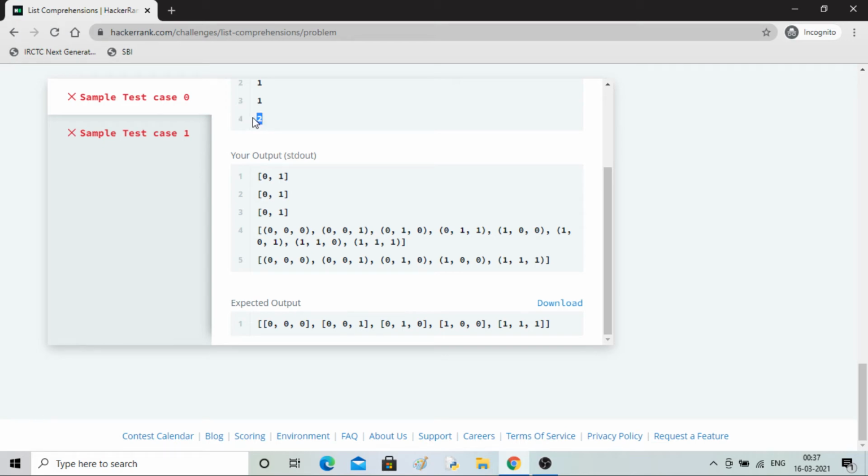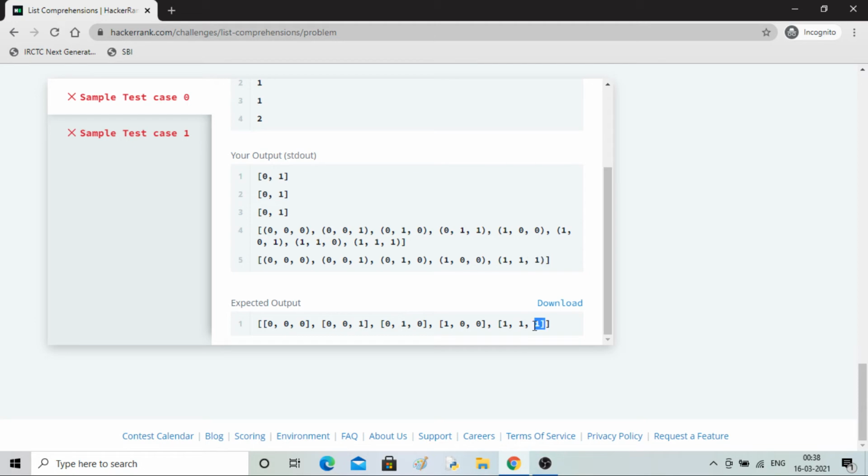N is what? Here 2. So which guy is giving 2? This guy is giving, so this is not in the final list. And which one else is giving? This guy is giving, and then this guy is giving. So these 3 are omitted, and the rest of the 5 are taken here.